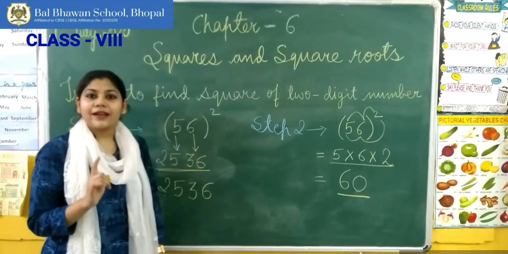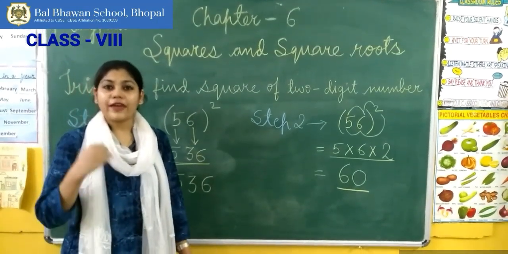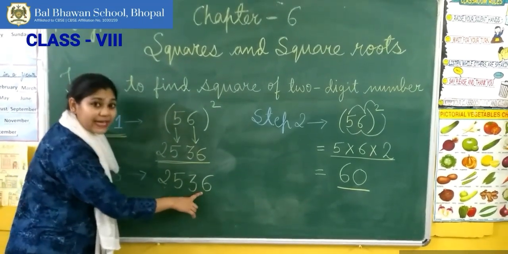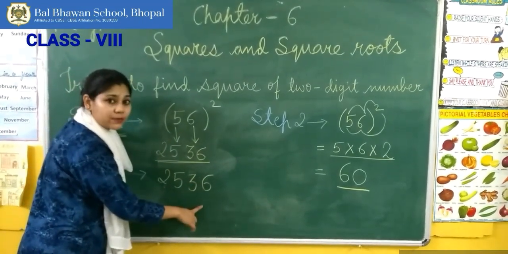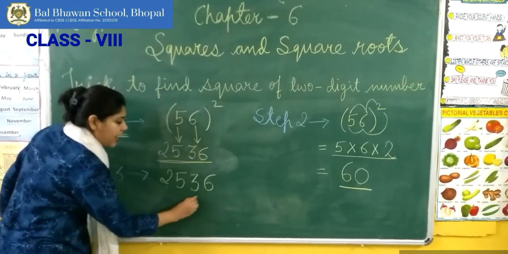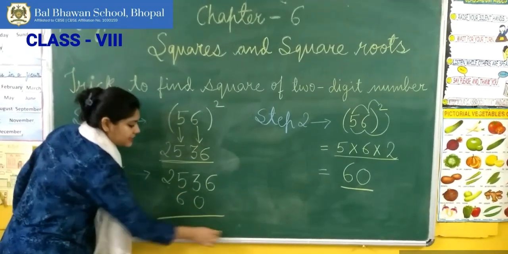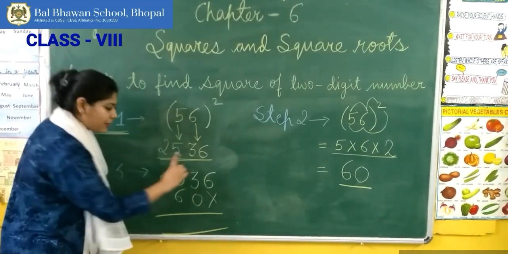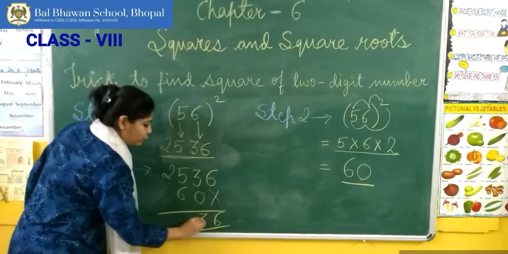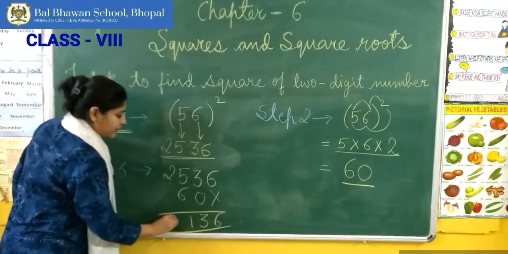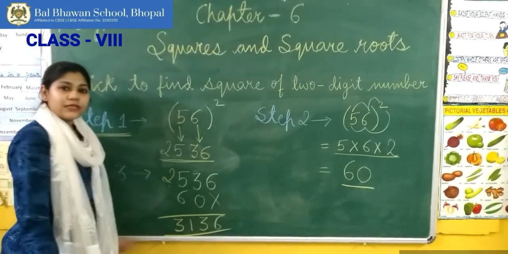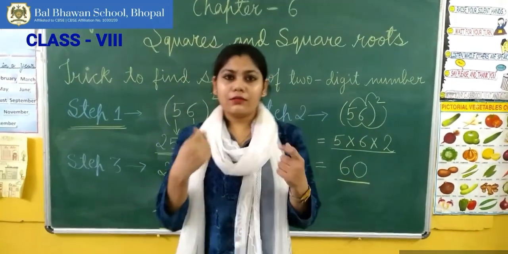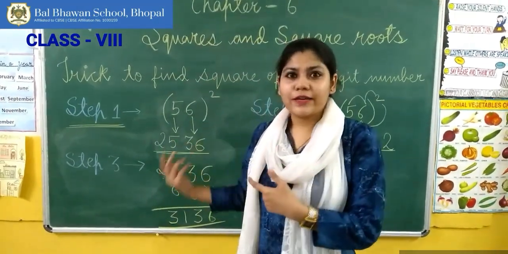But there is one way of adding it. We will not write any digit below one's place. We leave one's place, and we will write it like this, leaving one's place empty. Okay, now let's add. That is 6, 3, then you will get 3136, which is the square of 56. So this is the very first time, so I went very slowly.